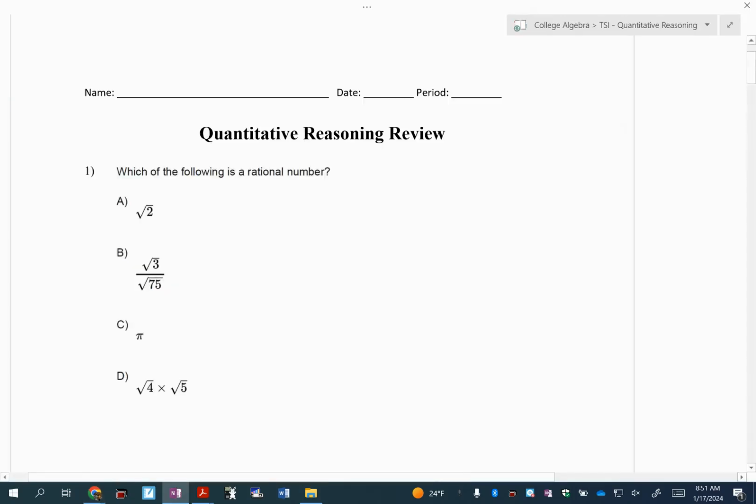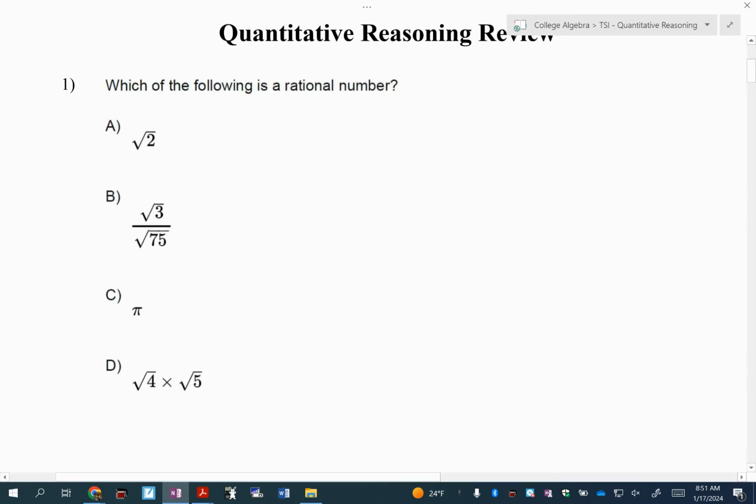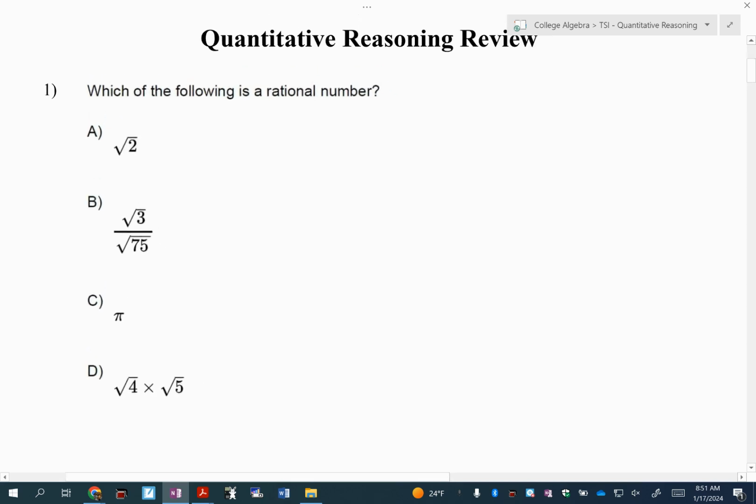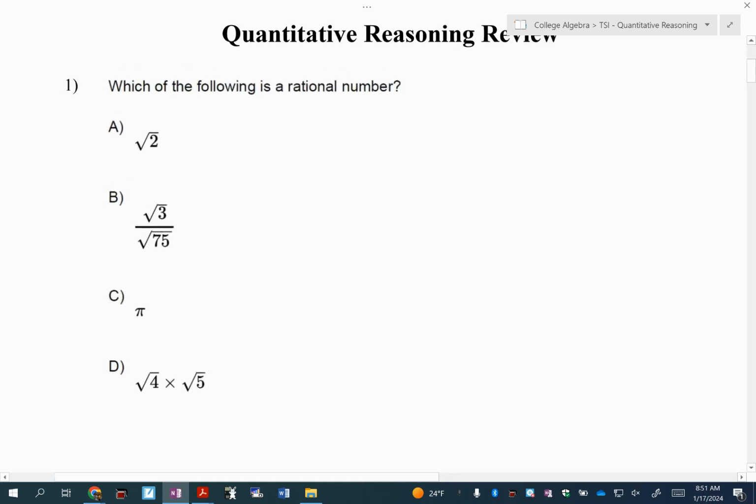In this video, I'm going to go over 15 TSI questions to help us get ready for our post-test on quantitative reasoning. All right, so the first question is asking about a rational number. If you remember from your days in Algebra 1 and Algebra 2, rational numbers are numbers that you can express as two integers in a ratio, like a fraction, or it has a value after the decimal that stops in some place value. All right, so a good example of an irrational number, which goes on forever with no terminating value,